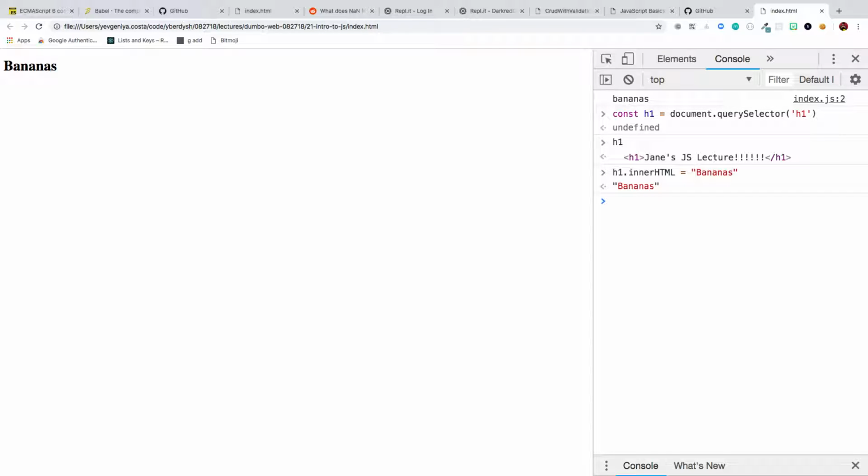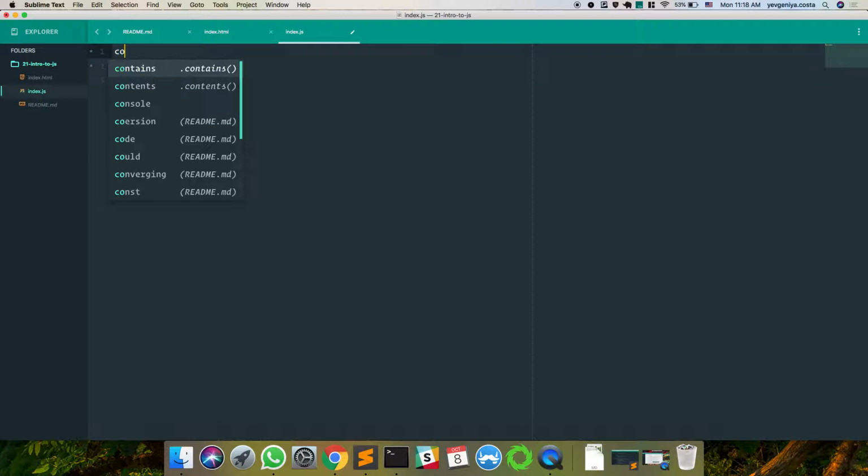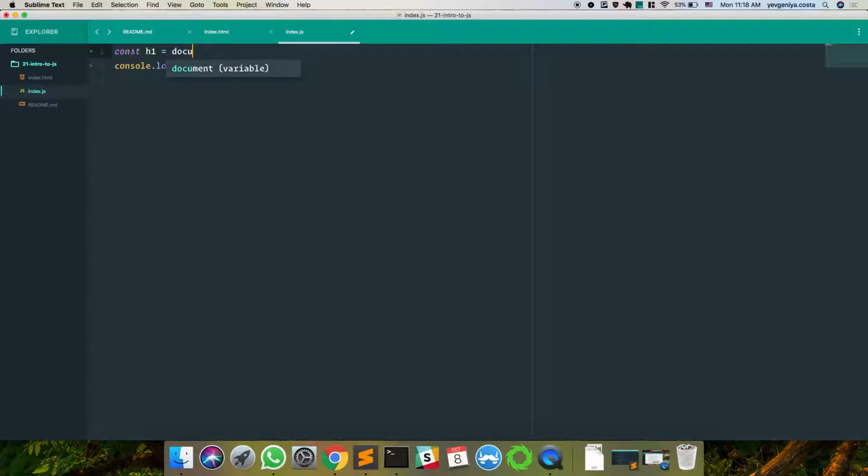You change it right on your page. But if we wanted to access this H1 in our file and try to console log this H1, is this going to work?